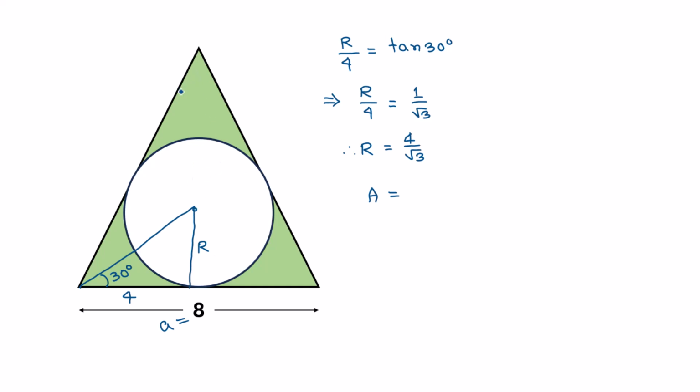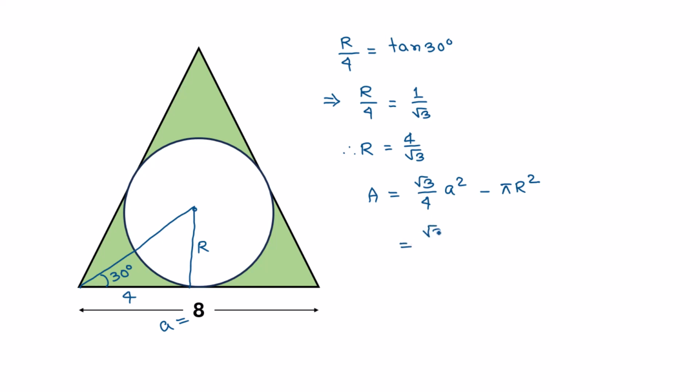So the area of this triangle will be square root of 3 over 4 times the side length squared, according to the formula, and the area of this circle is pi times r squared. So this will be the area of this green region. Now substituting these values, we can write